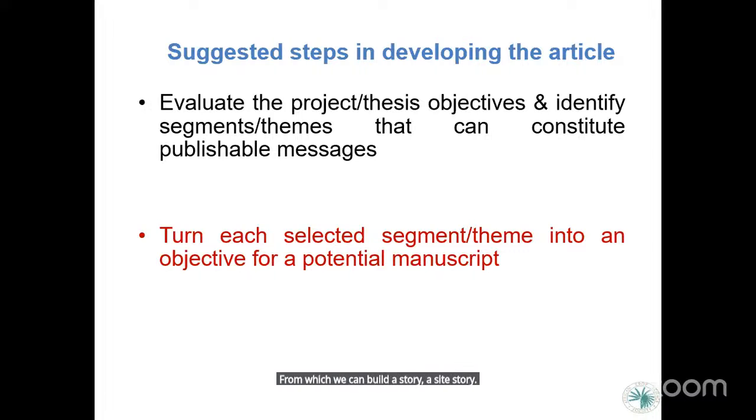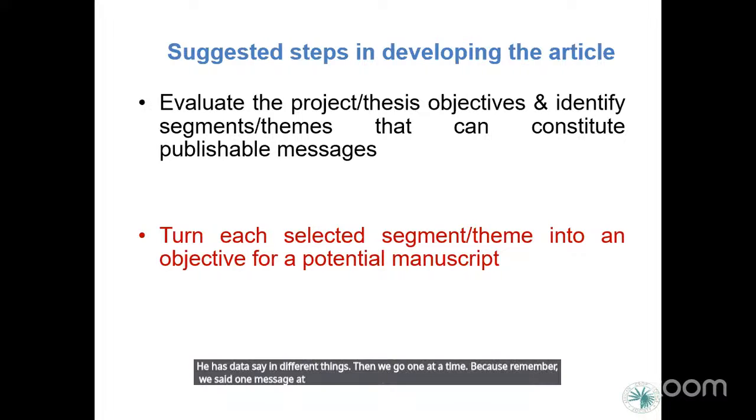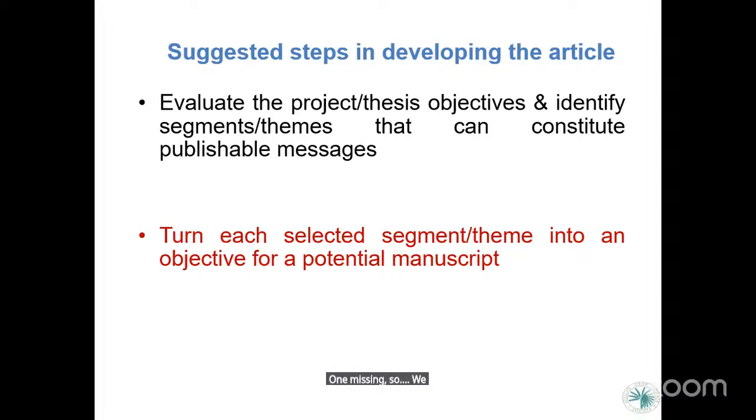Now, if we have decided this is the set, but the set has data saying different things, then we go one at a time, because remember we said one message at a time for each article. One message. So we concentrate on one and begin deriving an objective from it,